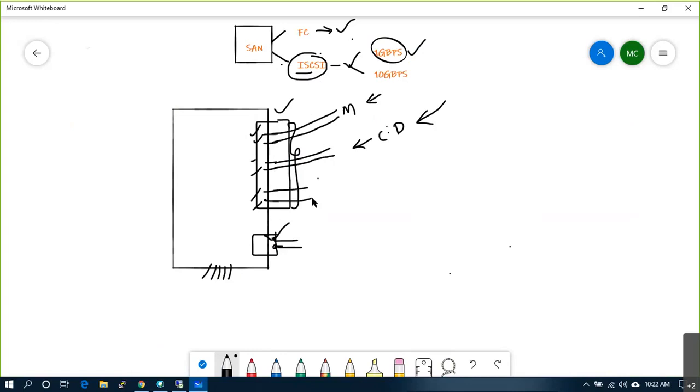These two cables will be used for some specific purposes. I said vMotion, and other traffic management called FT logging. For those purposes, we will use them.